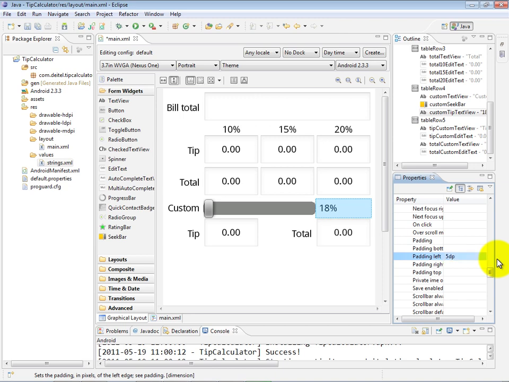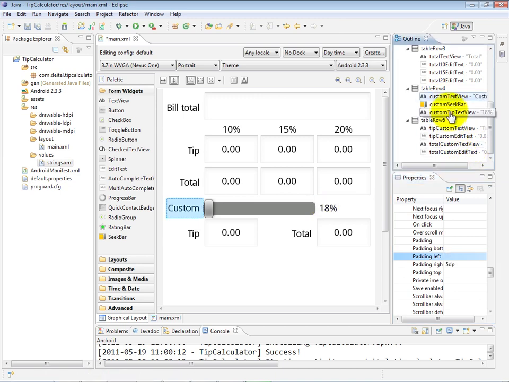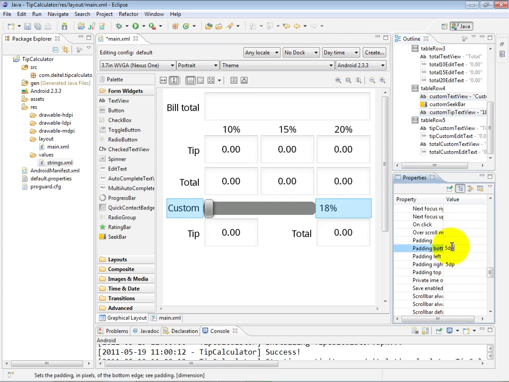Now you'll also notice that the seek bar itself is kind of abutting the next row. We're going to be modifying the seek bar in a moment, but to prepare for that, we're also going to set both of these text views to have some additional padding on their bottom as well. So I'm going to go select both of those text views in table row 4, and I'm going to set their padding bottom property to 5 dp just to get ready for when I set the same property here on